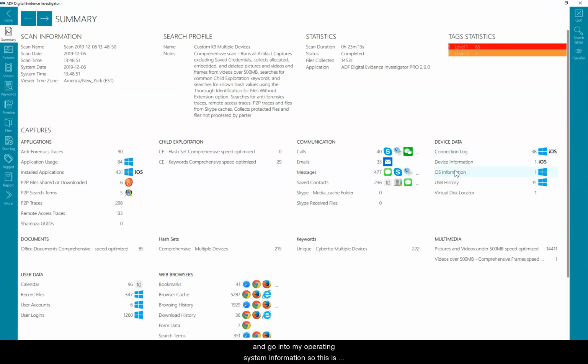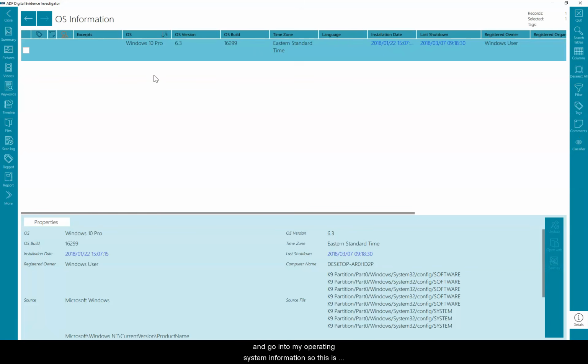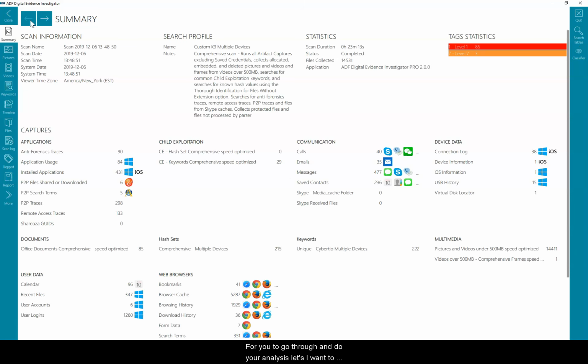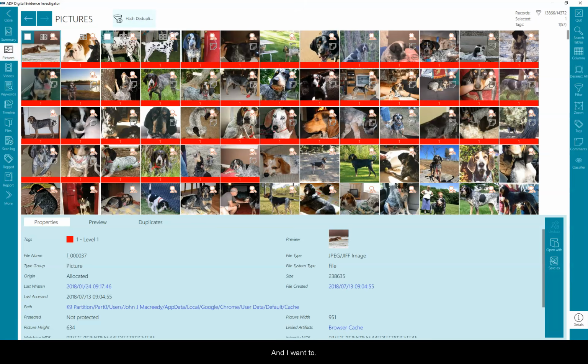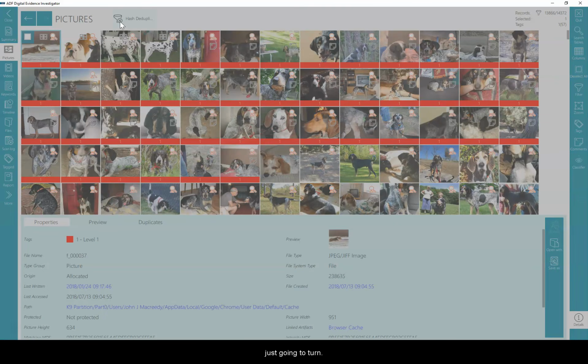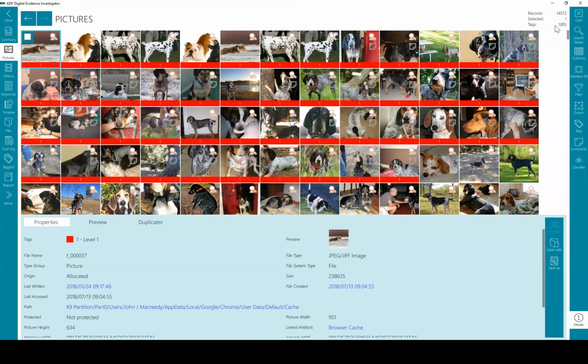I can come back out and go into my operating system information. So this is the information on my computer side. These are pretty simple for you to go through and do your analysis. Let's say I want to get into my pictures and I want to just see the pictures that were on either one of the devices and not have them both together. You can see we do deduplicate by hash here. I'm just going to turn that filter off. And you can see I have